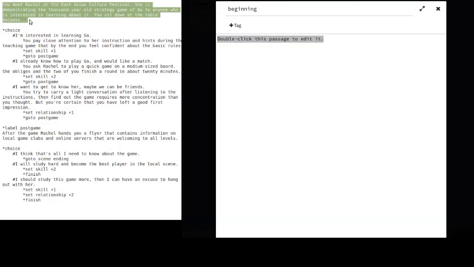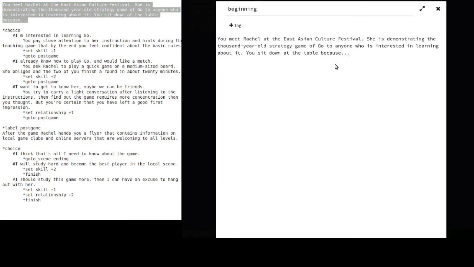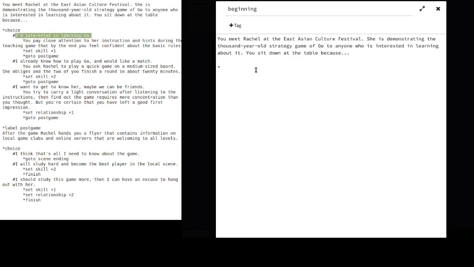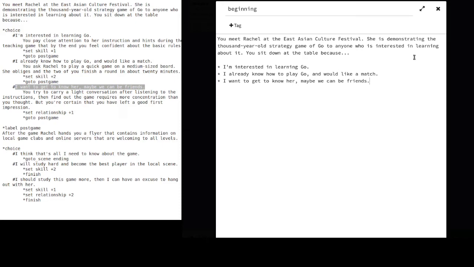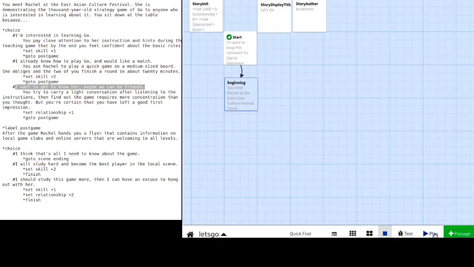Non-code content can be copy and pasted directly into the passage. SugarCube accepts a limited amount of markdown syntax, which can save a little bit of typing sometimes. For example, you can write a bullet point list using the asterisk symbol instead of using HTML markup to display an unordered list. But because it is relatively easy to break the bullet point format, you might end up needing HTML markup anyway.